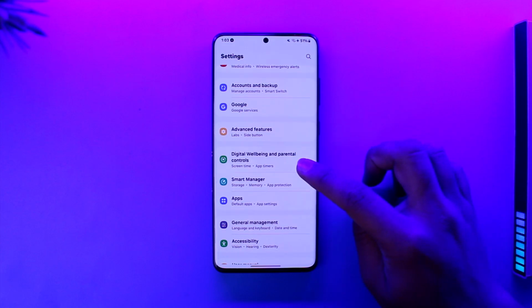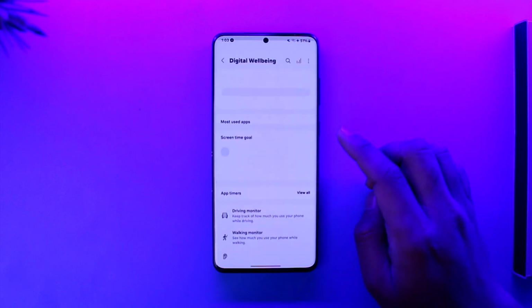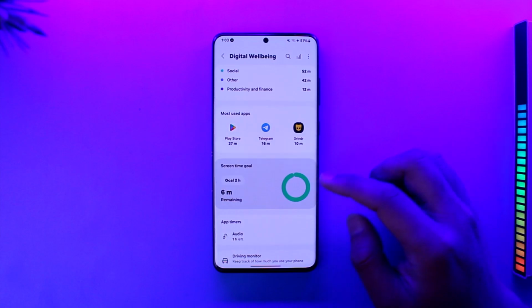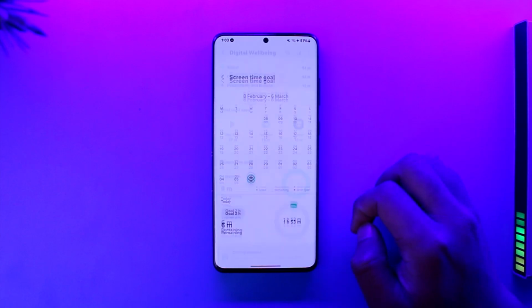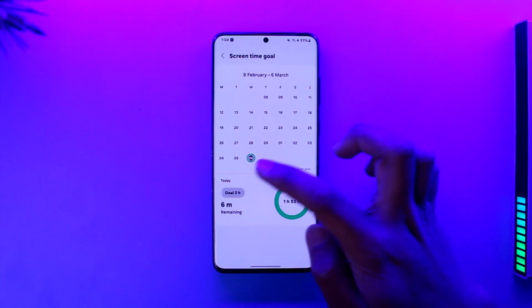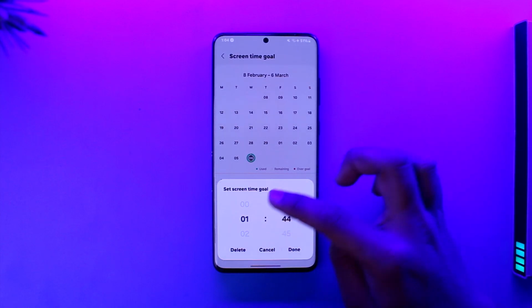Every Android device should have this option called digital well-being and parental controls, so tap on it. In my case, you can see I have set up a screen time goal, so I can select that and I can first of all go ahead and tap on the goal option here, and you can see my current